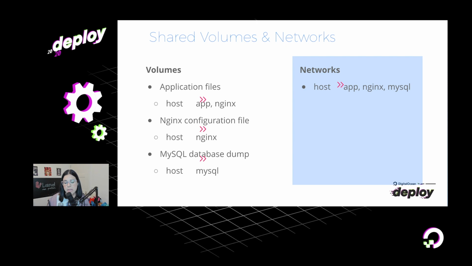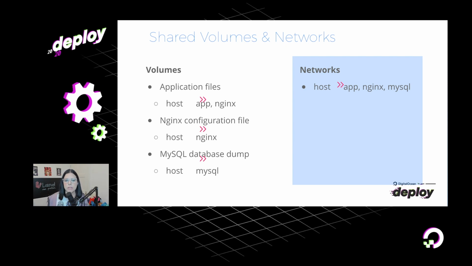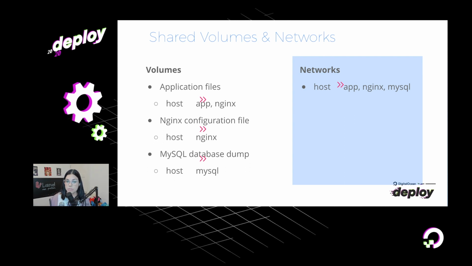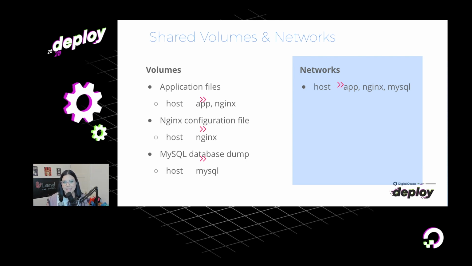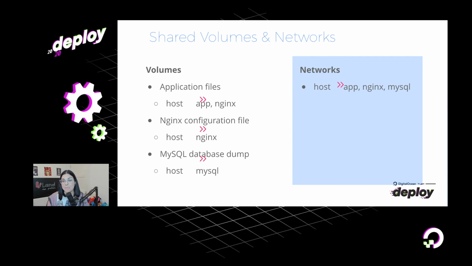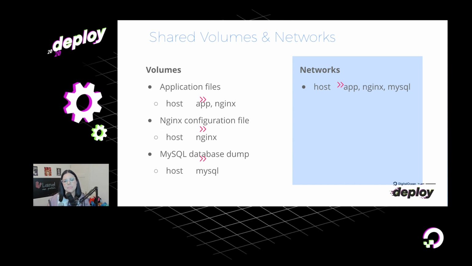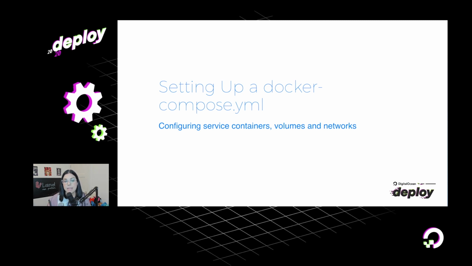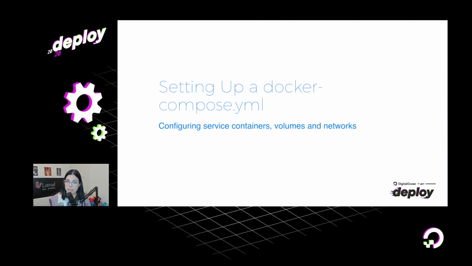This is a feature from the MySQL image, but since this is a Laravel application, you could also just use database migrations. But that is just so we can see how it works with the MySQL image. And then we have the networks. All containers will share the same network. Okay, this is all we need. Let's set up these services now with the docker-compose.yml file.